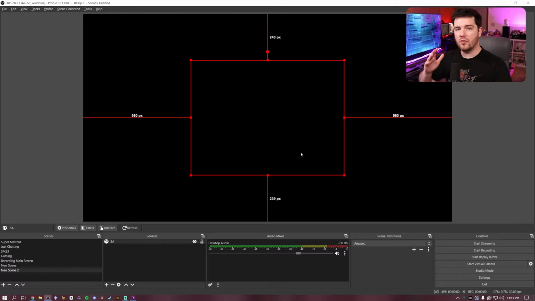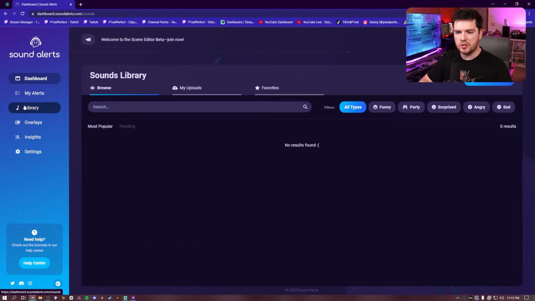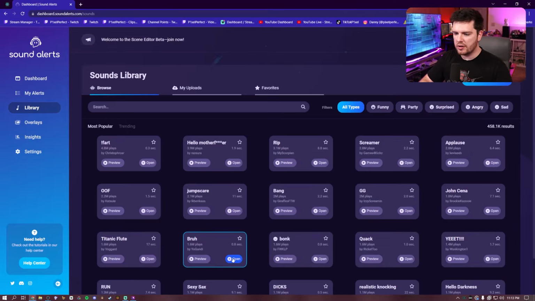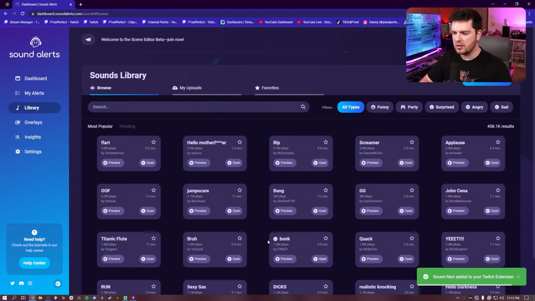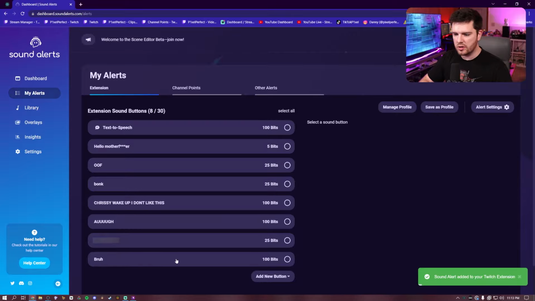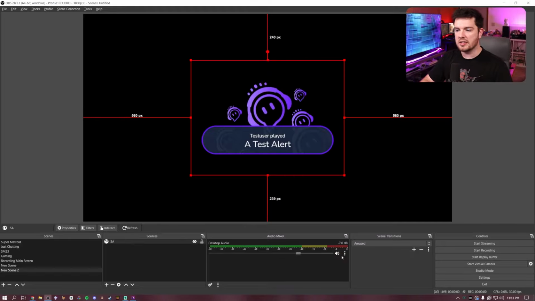So now that we have all of your alerts properly configured, why don't we test them out? So let's go back into our dashboard and go find a new sound in the library. You can go down here and click on the open button and add sound button. It's now in my dashboard. Go to my alerts, go to the new one you just found, and then click on test in browser source. Bruh. And you can see that it is now successfully played inside of OBS